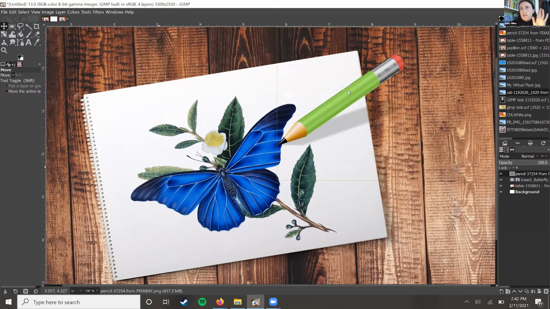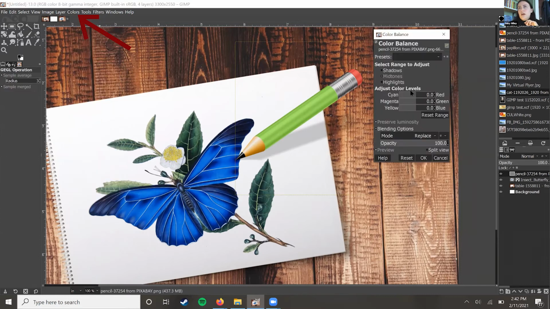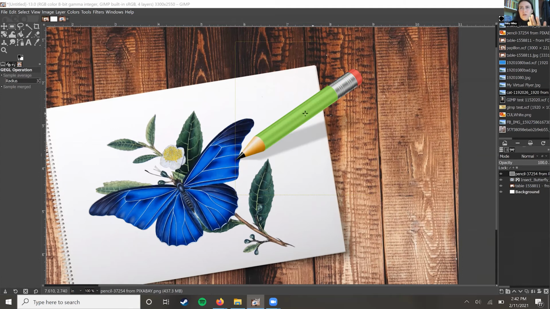So let's say I wanted this pencil to be a different color, for example. Another way to use the fuzzy select tool that can be helpful is, if I wanted to change the color of this pencil, I could go into colors and then go to color balance and mess with it here. But you can see that changes everything and it can make it look really funky really easily. So I just want to change this green part of it. So what I can do with fuzzy select is,